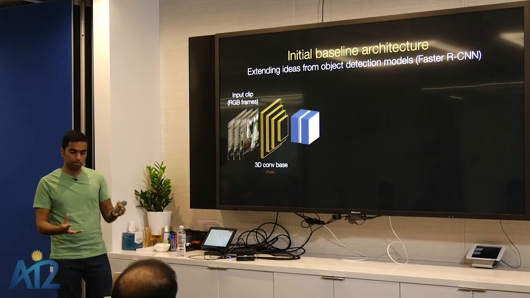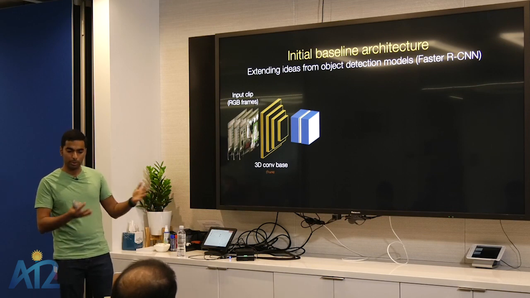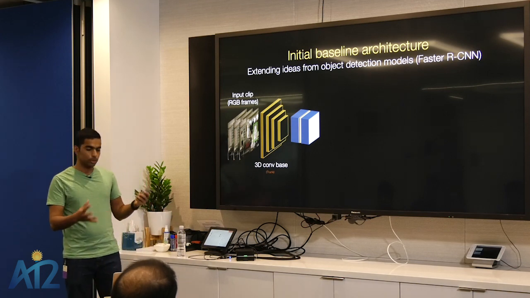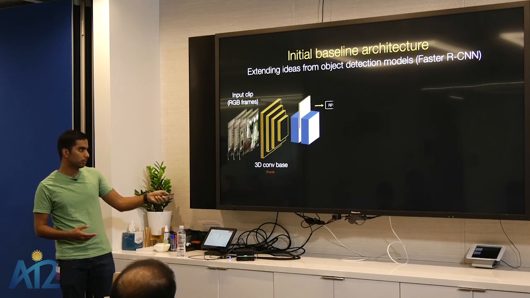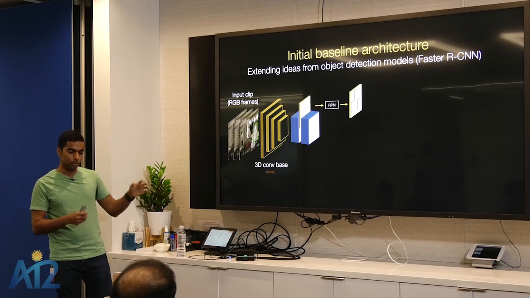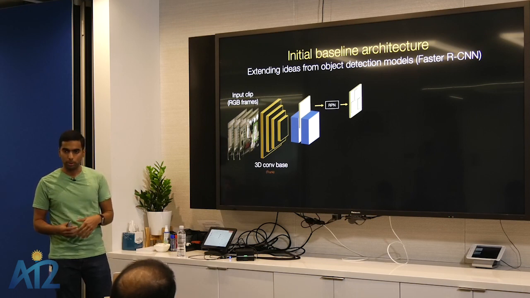We pass it through a convolutional network. Since this is a video, we use a 3D convnet. Typically in Faster RCNN, you'll use a 2D convnet like a ResNet, and you get the spatiotemporal feature blob, with this being the time dimension. From the feature blob, we extract out the center frame's features. So basically, just slice out the center frame and pass that through a region proposal network.